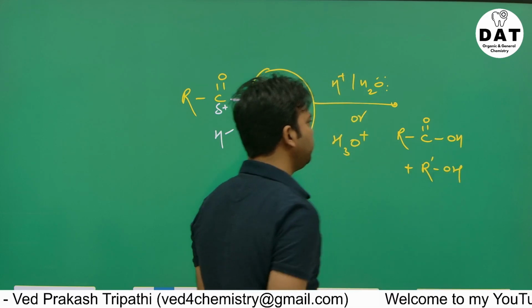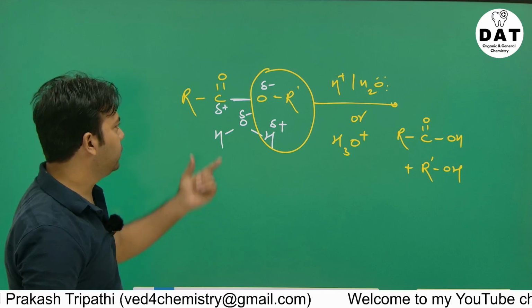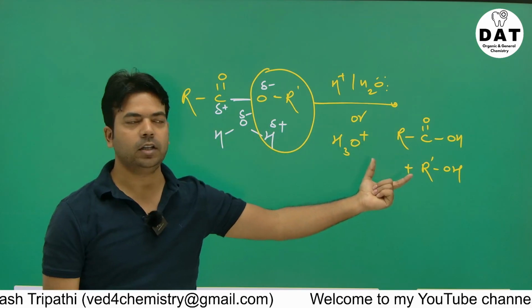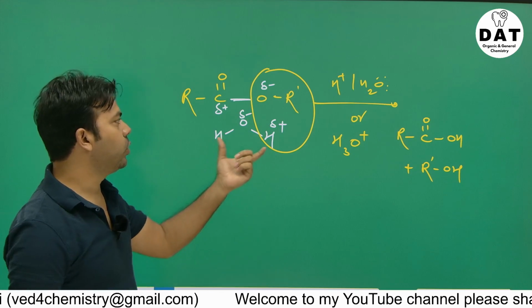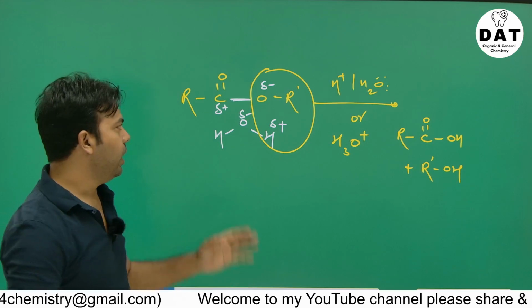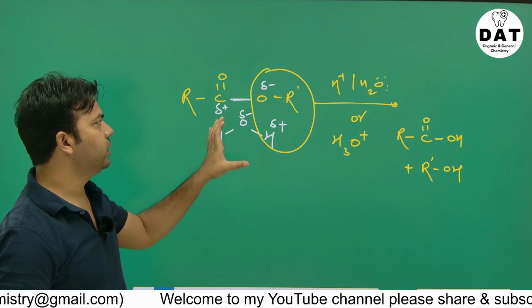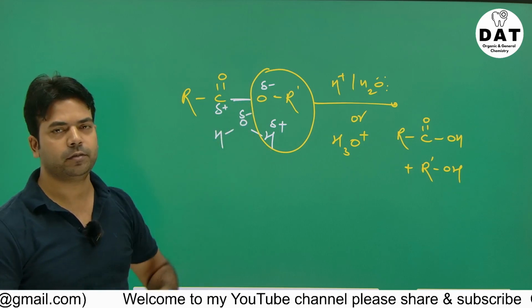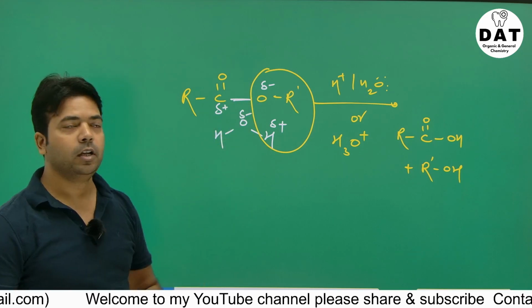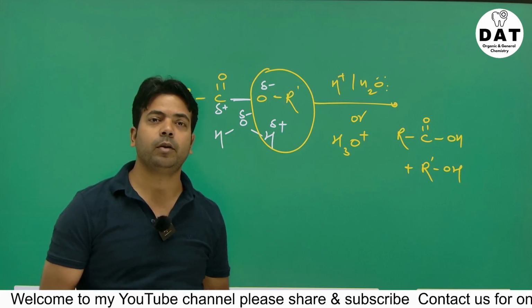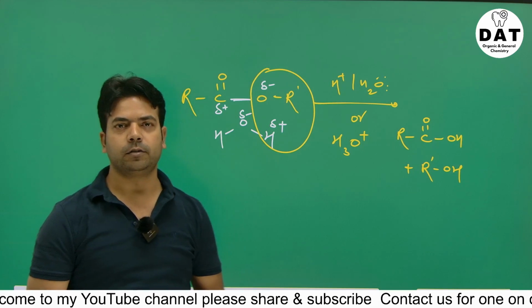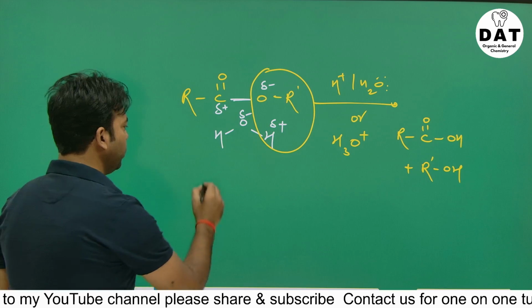Clear? So hydrolysis of ester produces carboxylic acid as well as alcohol. Makes sense? So this is the best way to draw the hydrolysis product. And you know, most of the reactions you can do hydrolysis in such a way. If you have a single bond, you use 1 mole of water. If suppose you have a double bond, then you can use 2 mole of water. If you have a triple bond, then you can use 3 mole of water. In this way, suppose we have